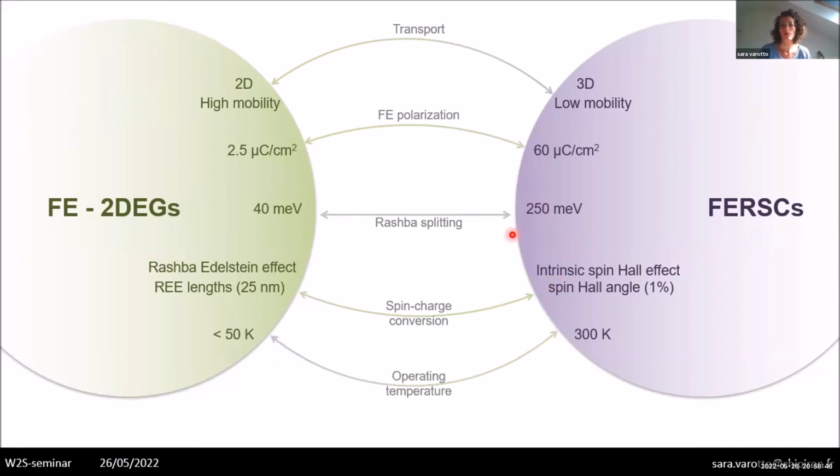And then the last point is the operating temperature. So on one side, we are limited to 50 Kelvin, and on the other side, we can reach 300 K. But I also want to remark that ferroelectric two-dimensional systems in oxides are really promising because you can, as you saw, tune the perovskite, which are very flexible platforms, to introduce new degrees of freedom in the two-dimensional. And on the other side, in FERSC, what is important is the CMOS compatibility, and there is a lot of work which is done in this kind of materials to make it